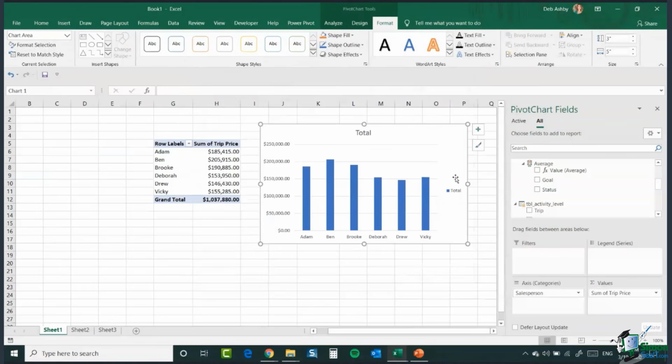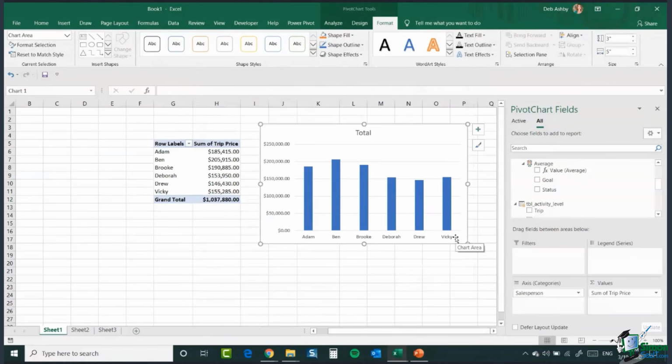I don't really need this legend either, because all I'm displaying here is I just need to see the salesperson and how much they've sold. So I don't really need this legend. So it is a text box. I can just delete it out and that gives me a little bit more room. And I could add a title if I wanted to, which might be something along the lines of sales by